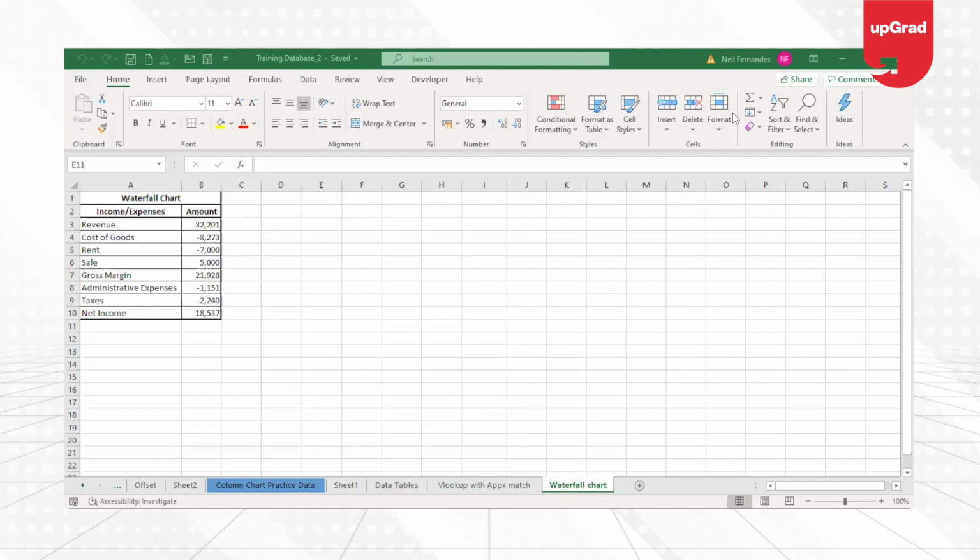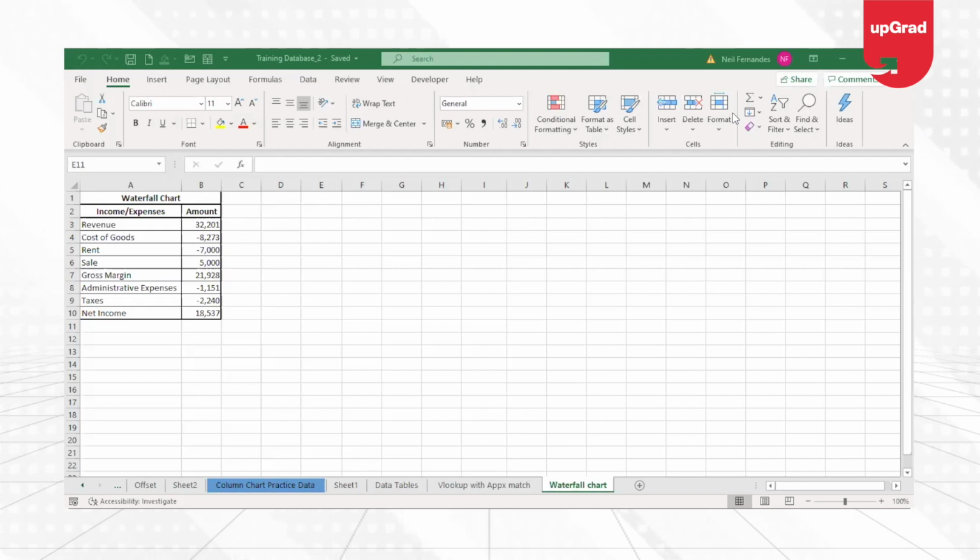A waterfall chart is also called a bridge chart in Excel because it connects each data point with a line. Let's look at the chart. Before we start, please be mindful that this chart was added to Excel in the Office 2016 version. However, in this tutorial, I will also cover how to create a waterfall chart in the older version of Excel.